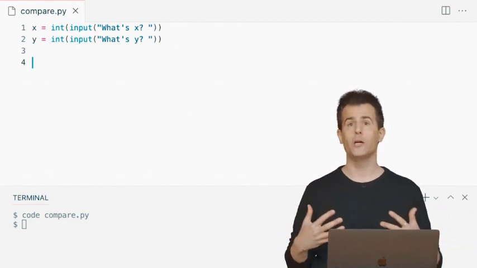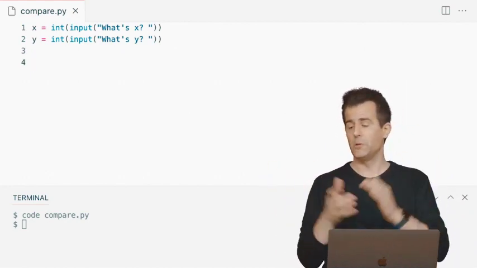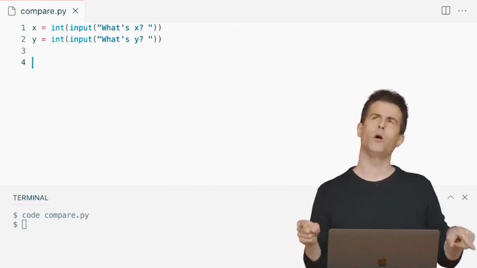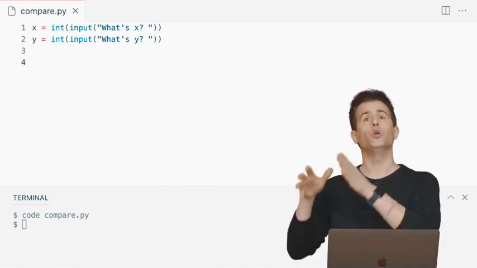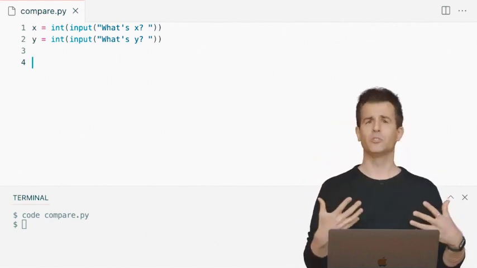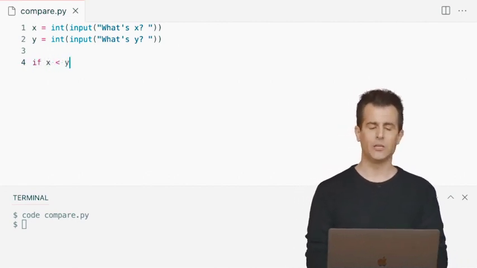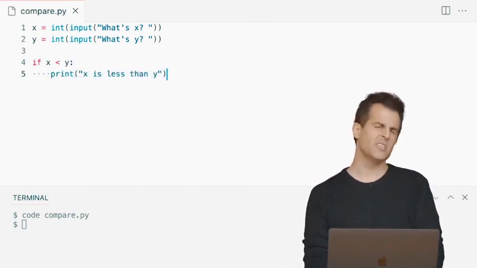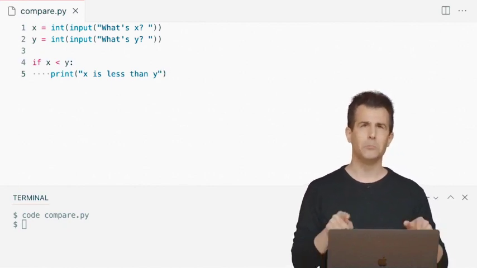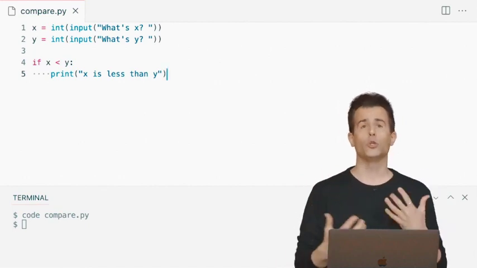So at this moment in the story, we have two variables, x and y, each of which has values. And ideally, we should be able to now compare these values. So suppose I want to make a decision based on the values of these variables. I'm going to use the keyword if, and I'm going to use some of those mathematical symbols to actually ask the question itself. So how about this? If x is less than y, then let's go ahead and just print as much out. Quote unquote, x is less than y. So this isn't a very interesting program yet. I'm literally just stating the obvious based on the math, but it's allowing me to now introduce some new syntax.